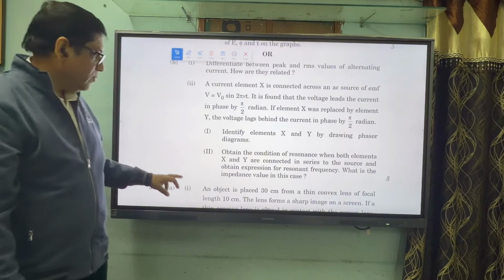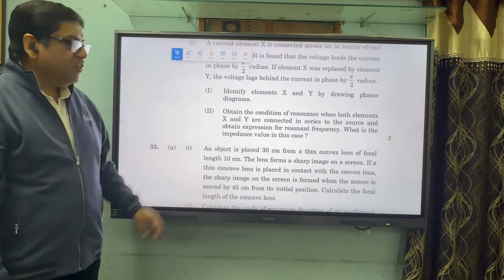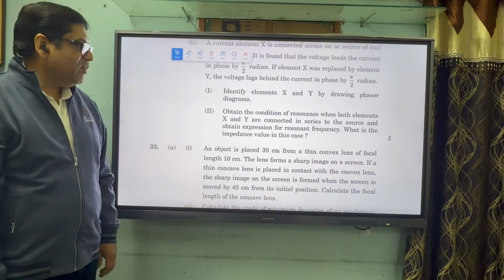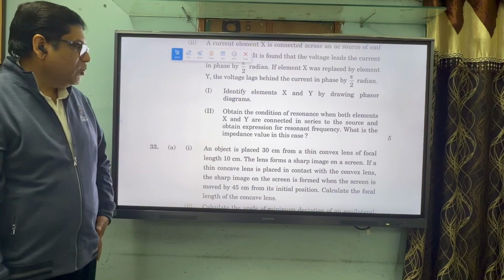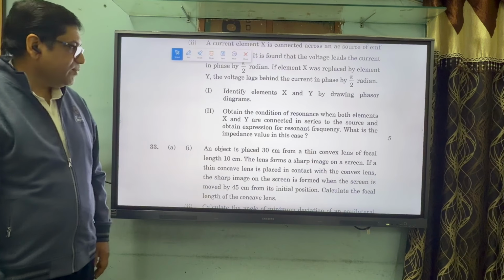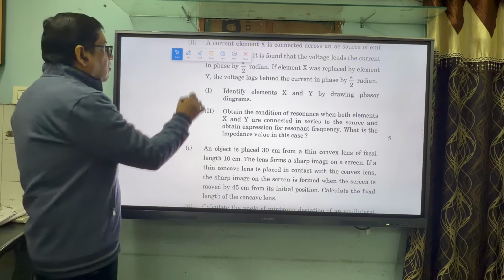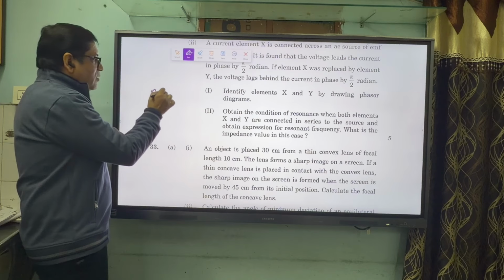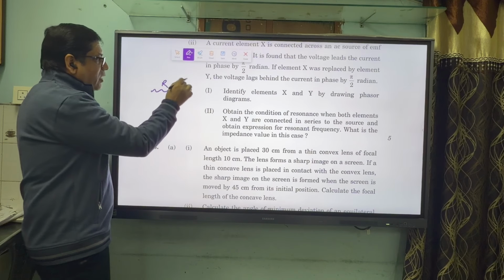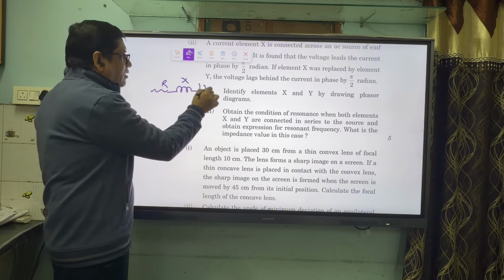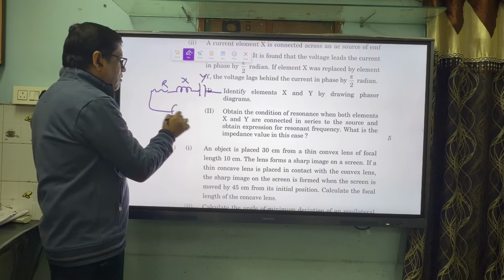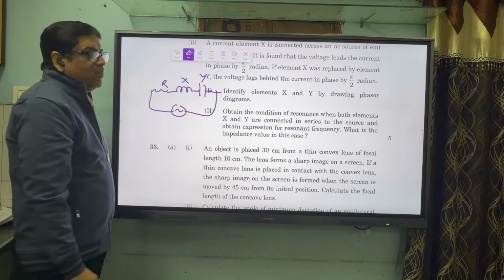Next, obtain the condition for resonance when both elements X and Y are connected in series to the source, and obtain the expression for resonant frequency. See, if resistance, inductor that is X and capacitor that is Y are connected in series,